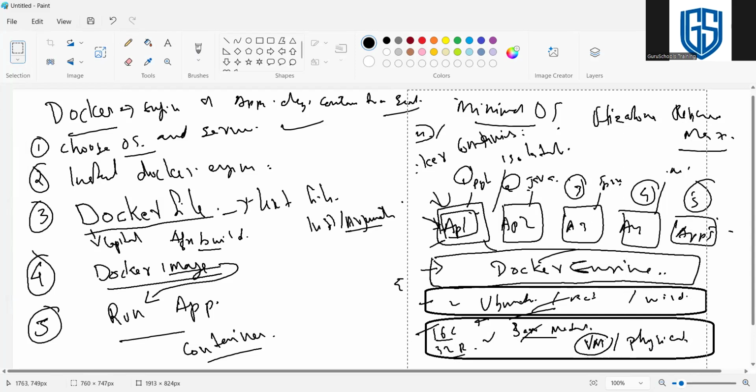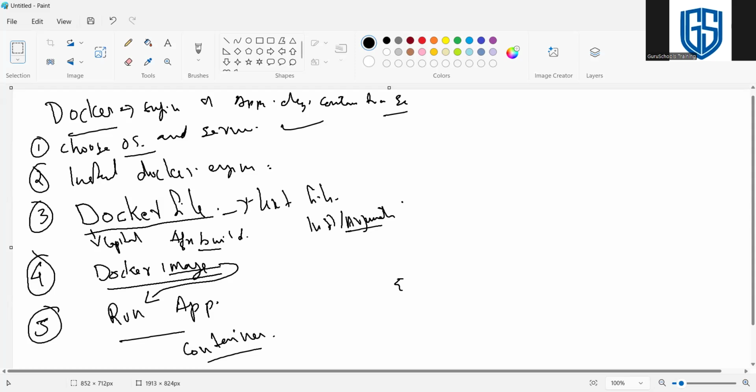So then where are we gonna use the Docker Compose? Docker Compose is another service. We need to install it, so I will explain. Here, will all the containers run one by one or simultaneously? One by one. With the help of Docker Compose, we can run all the containers simultaneously. Yes, I will explain.